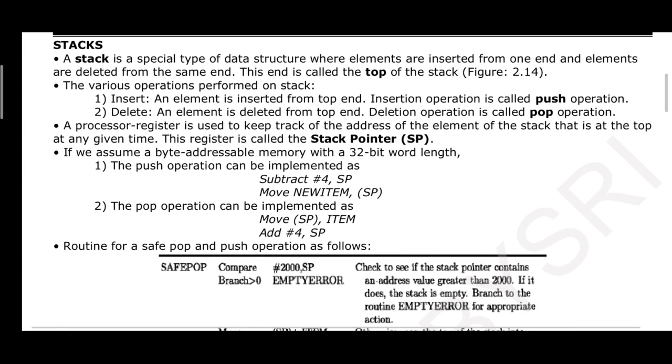So stack is a data structure which operates in last in first out manner. The best example for stack is the tiffin box. Suppose a tiffin box carrying 5 chapatis. What will happen? You will insert the chapatis one on the other, right? Total there are 5, say, and you will close the tiffin box.